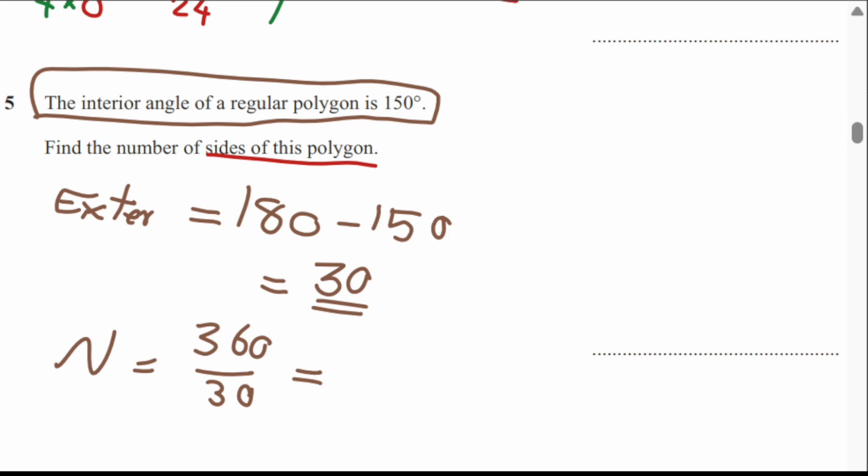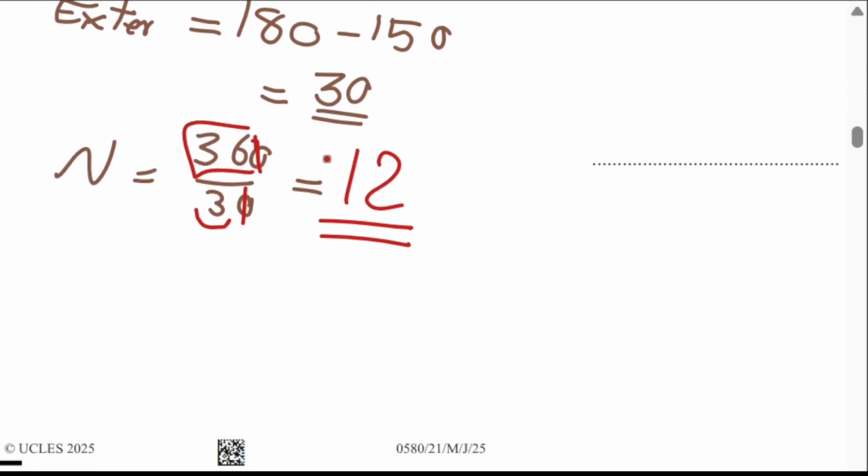It's non-calculator, so don't think of using it. Cross these zeros. It's gone. Now just do 36 divided by 3. It's 12. This nice polygon has 12 sides. We finished this question with no calculator, the easiest way possible. If you do n minus